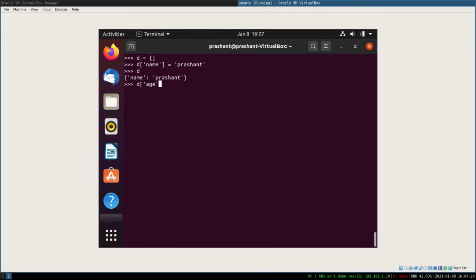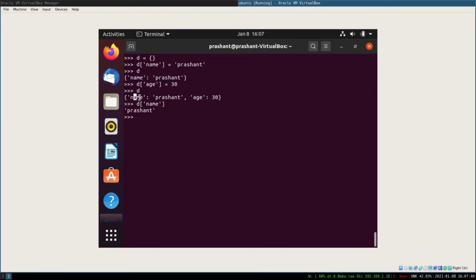If you want to add something to this, you can again add age, 30. Again, if you want to print D, you can get that. And if you want to access any particular key, you can just type in the name, and you can access that key as well.